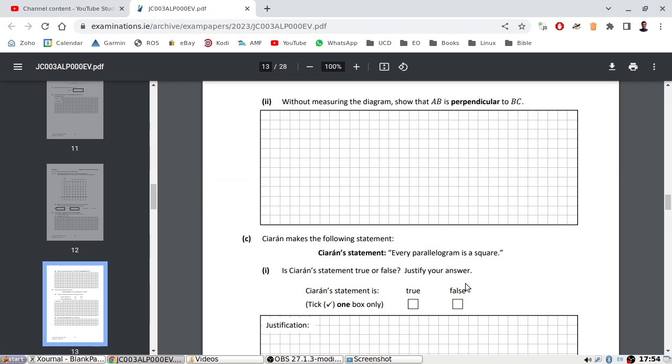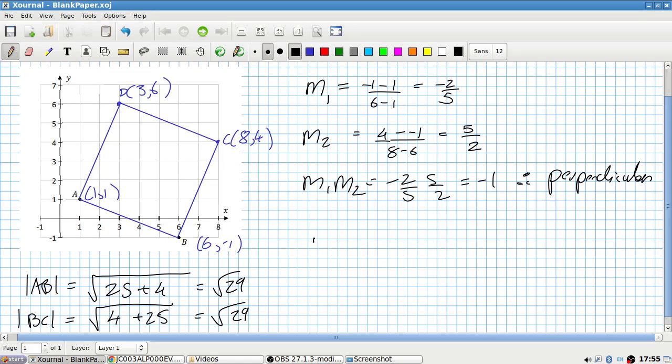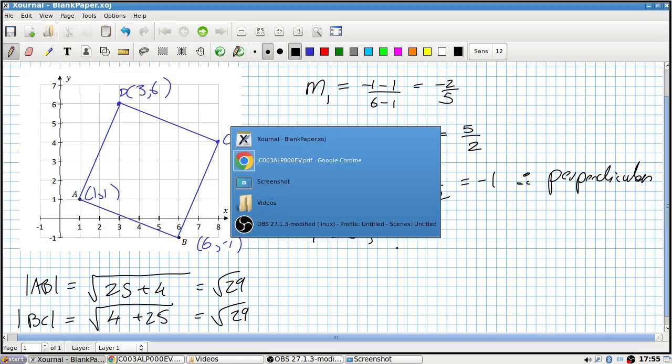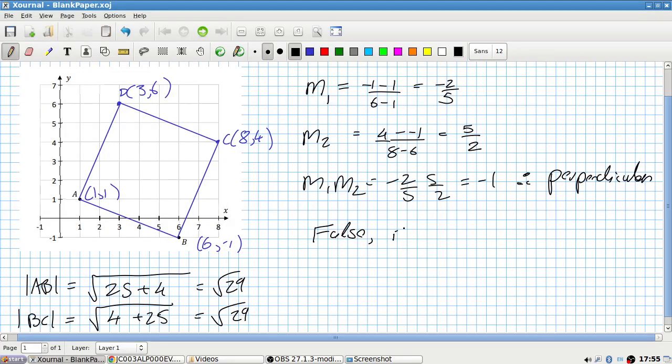Karen makes the following statement. Every parallelogram is a square. Is it false? I mean, is it true? No, it's false because, I mean, okay. Every parallelogram is a square. That's false. It could be a rectangle, or not even a rectangle, but something. Okay. It could be a rectangle